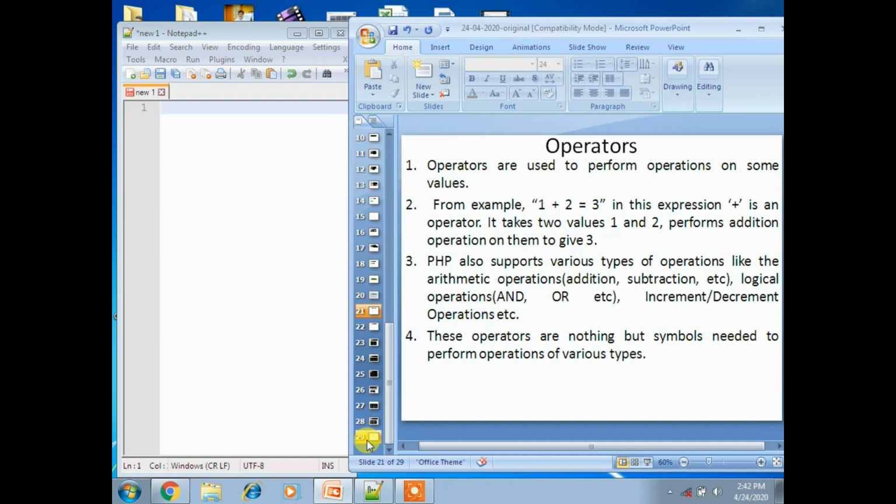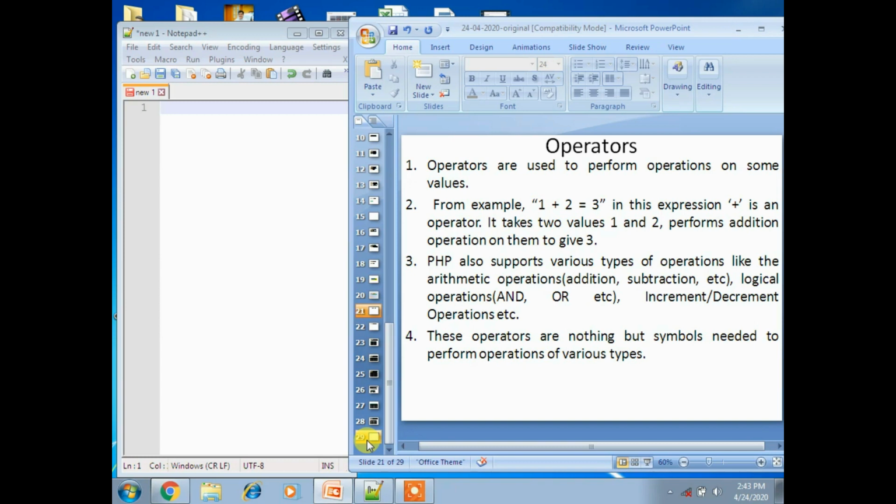PHP supports various types of operations like arithmetic operations: addition, subtraction, multiplication, division; logical operations: and, or, not, XOR, etc.; and increment and decrement operations. There are many more operators in PHP, and like normal programming languages, the same operators will be there in PHP.